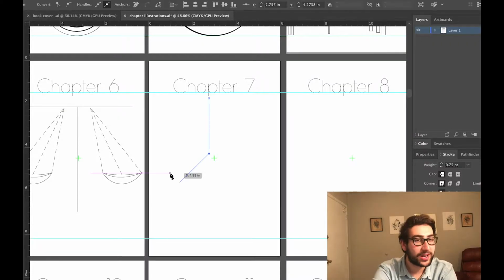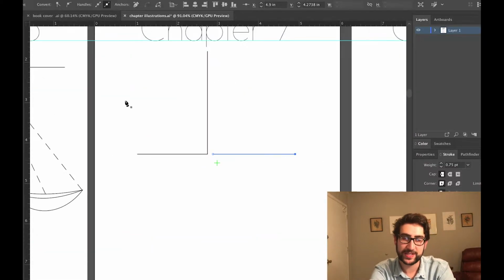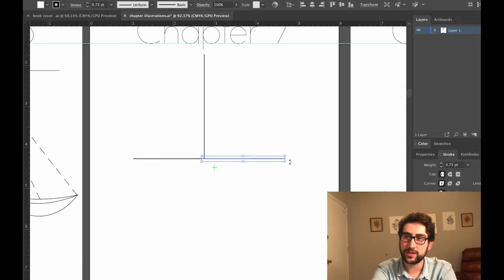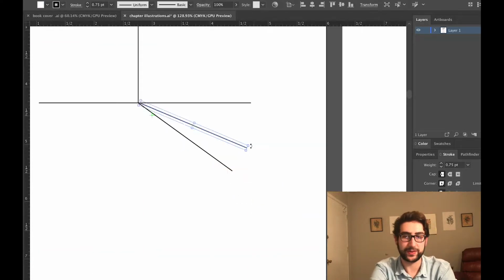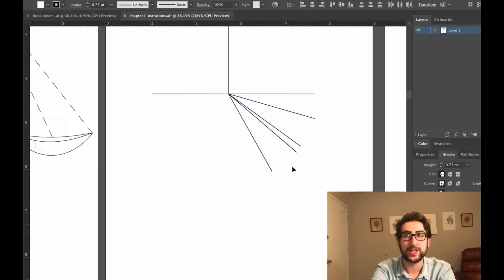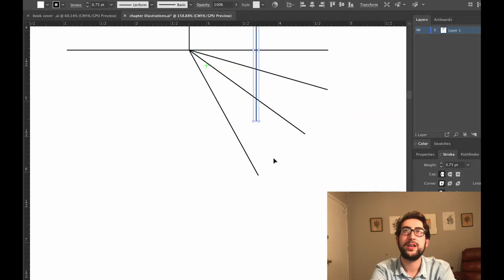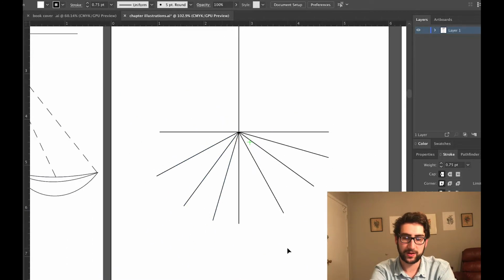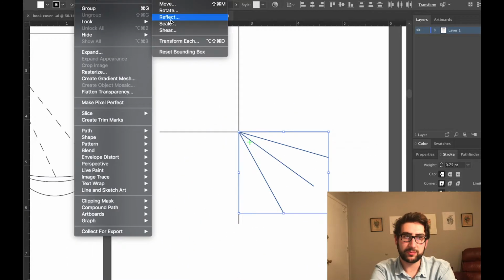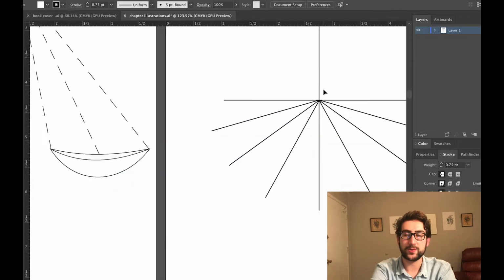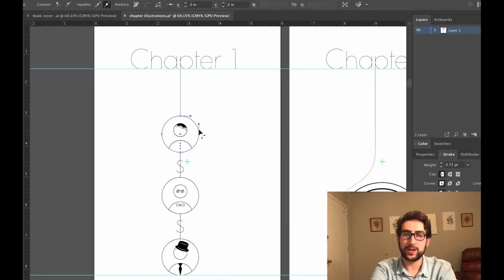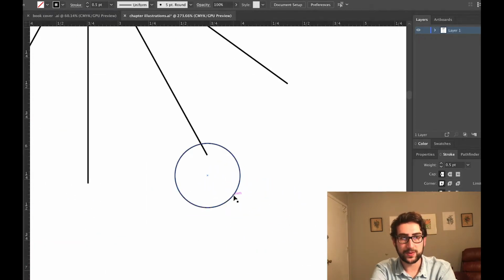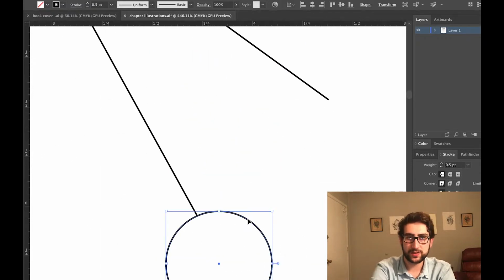Alright, so that was chapter 1's illustration, and now we're going to be moving on to chapter 7, one of my other favorites. It's very similar looking to chapter 1, but it covers a different theme. So in chapter 7, there's a line where they're describing how the job system works and how the education system works and how there's a certain limited number of jobs and they balance those out between every individual who wants a job. And so I created this flow chart of an